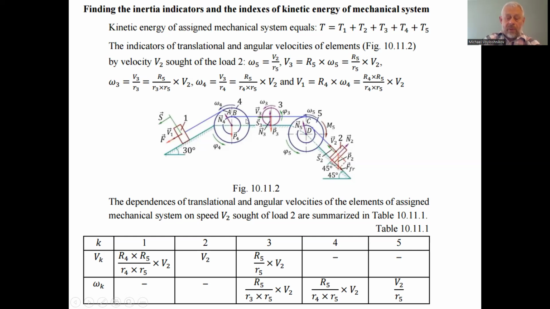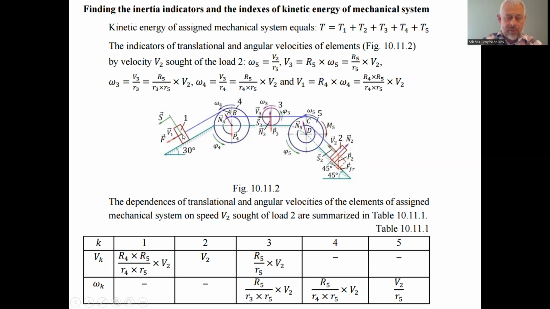And what is the velocity of the load 1? This is the same as the velocity of the point on the rim of the fourth pulley. So we multiply the radius of the rim of the fourth pulley, uppercase R4, by omega 4, the velocity of rotation of this pulley. And after the substitution of omega 4 from here, we will have